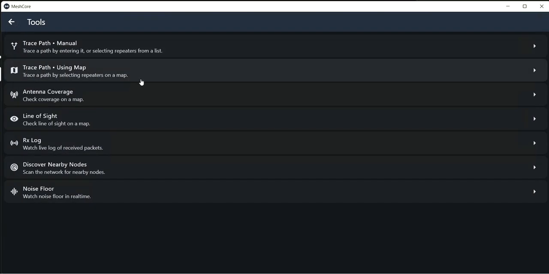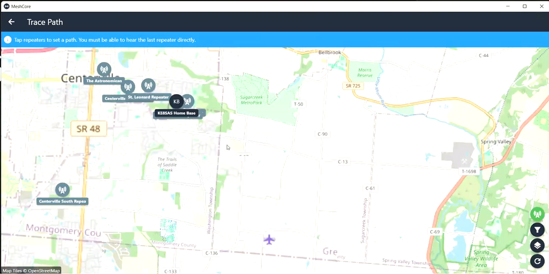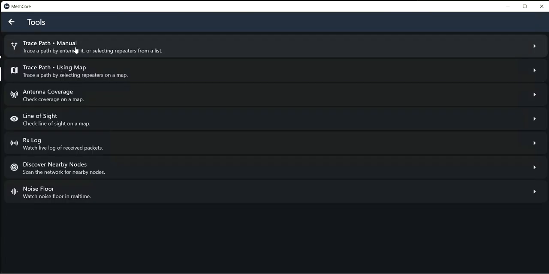Usually what I do, if I ever do it, I use a map. And so this would be where you want to run in. And the thing is, you have to be in range of all the repeaters, and you also have to be able to transmit and hear from them at the same level. So I don't find this super helpful. It's really good for making sure you can get a loop between personal nodes, but these two I don't use a ton. The two that I use the most are antenna coverage and line of sight. So I'll go over antenna